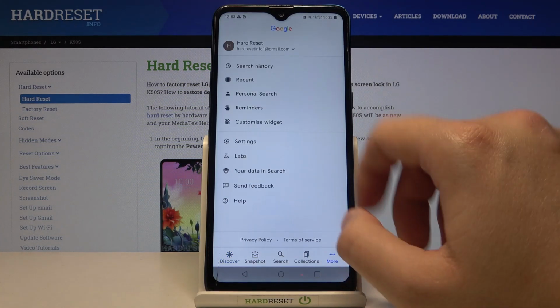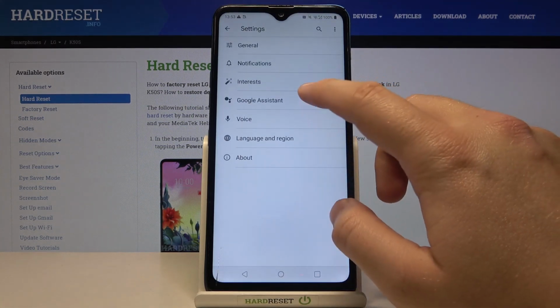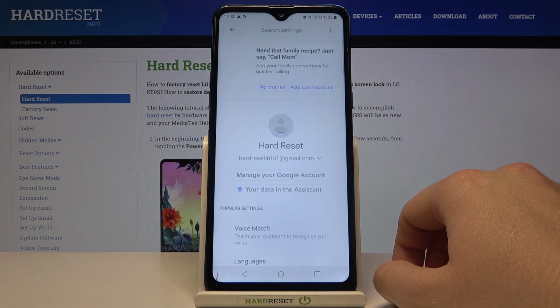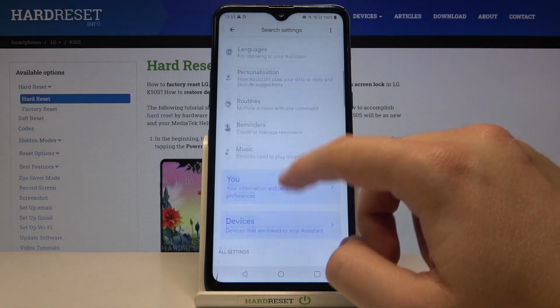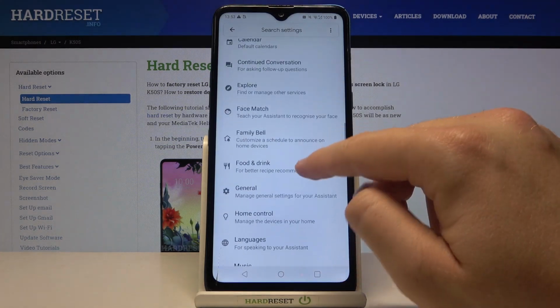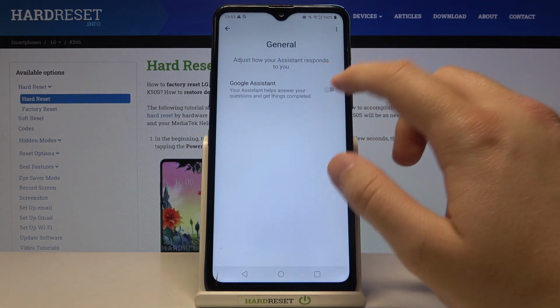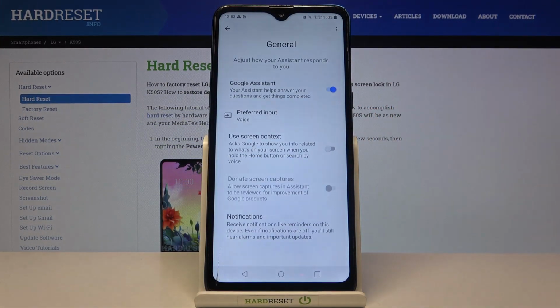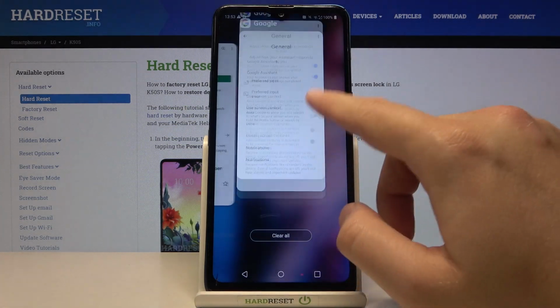Right now let's go for the more, tap on the settings, go for the Google Assistant, and then click on the general, it's right here, tap on the switcher, click turn on, and as you can see right now our Google Assistant is